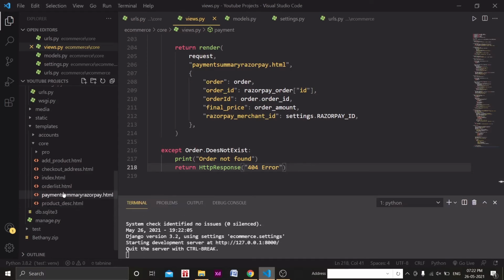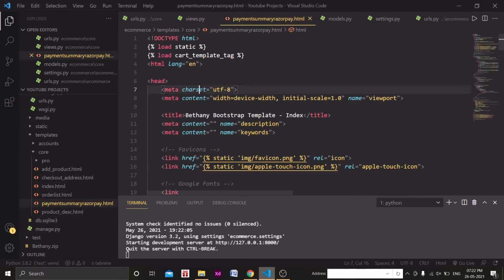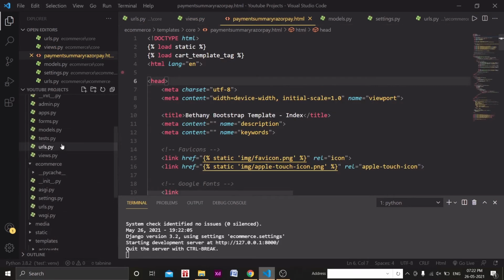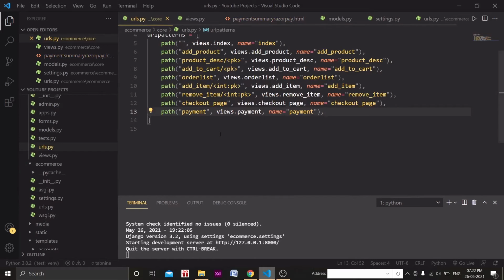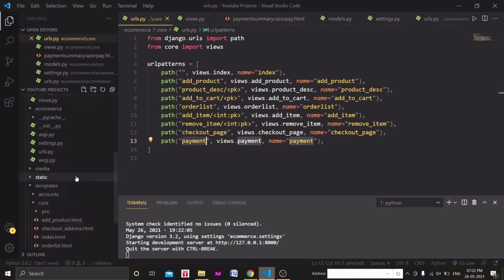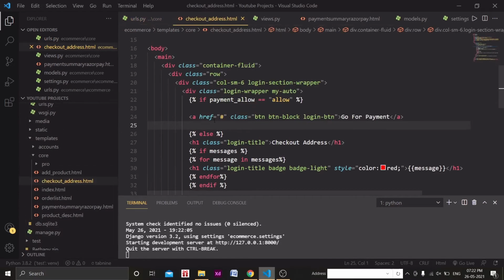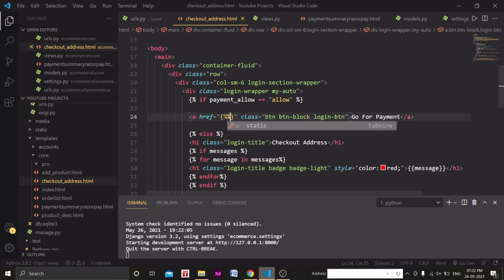Now let's go to the payment summary Razorpay HTML page. I have written some basic code. Now what we need to do, in the urls.py file that we have configured earlier, is copy this payment URL. In the checkout address.html page, we haven't written any URL, right? So we need to pass one URL here.